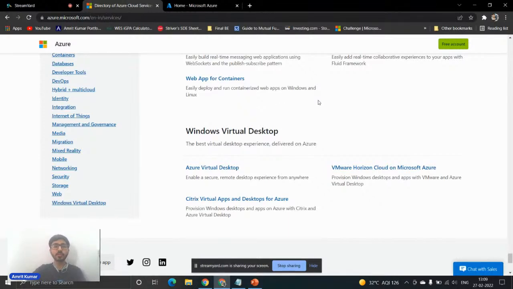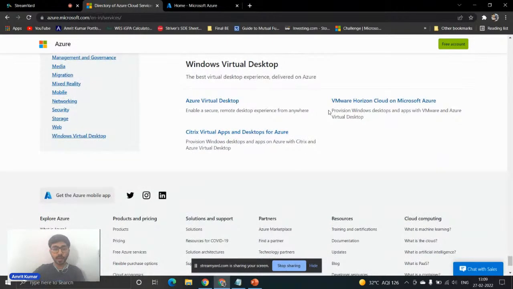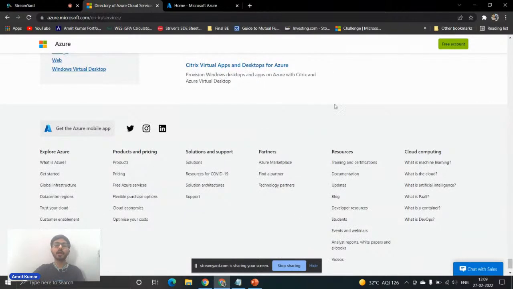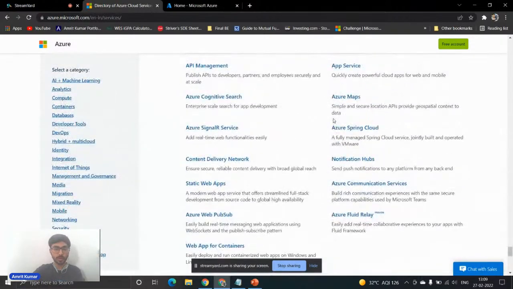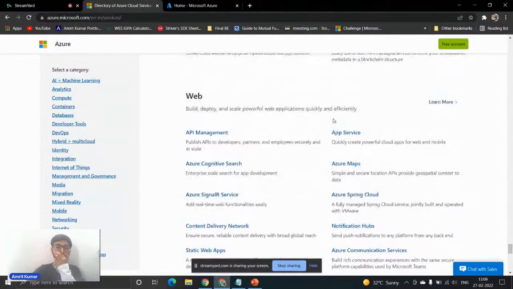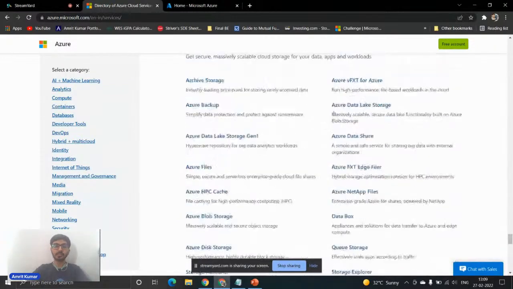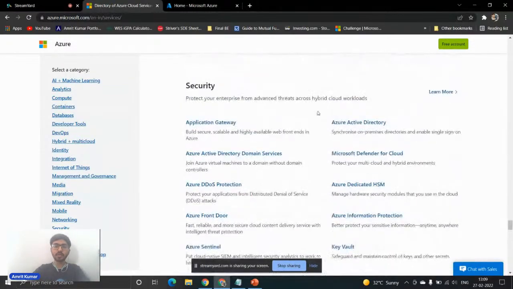And that's where the Azure Developer Community comes into the picture. We can help you with how to do this and how to explore these services. And it's quite easy from the Azure point of view.